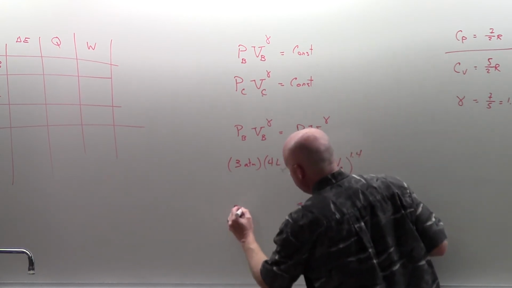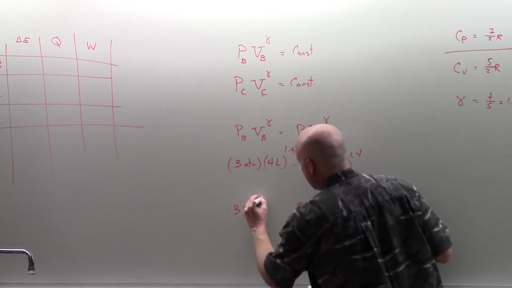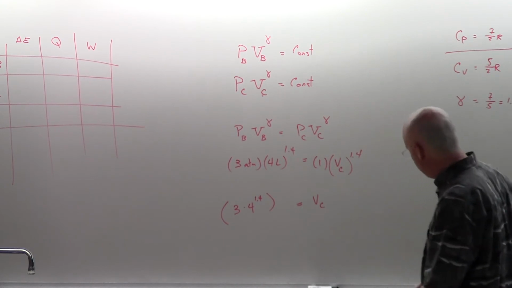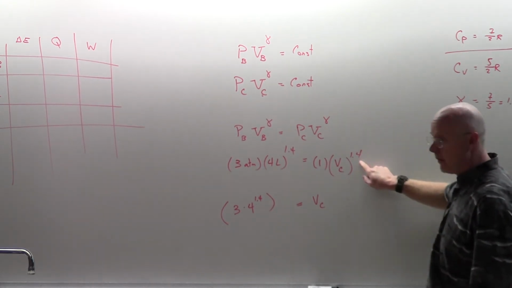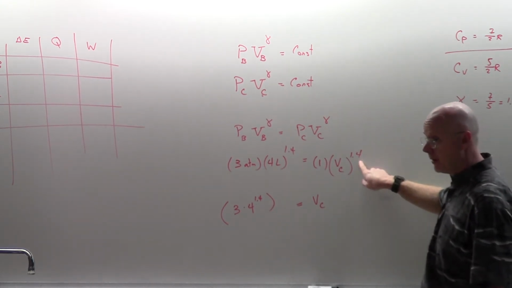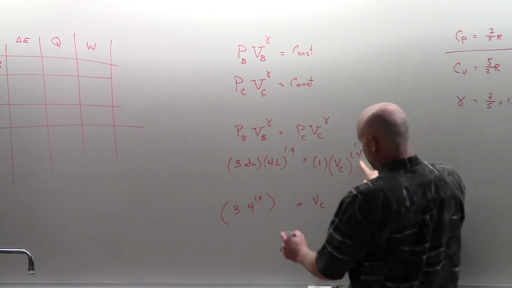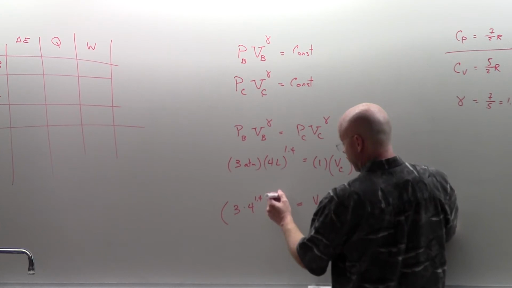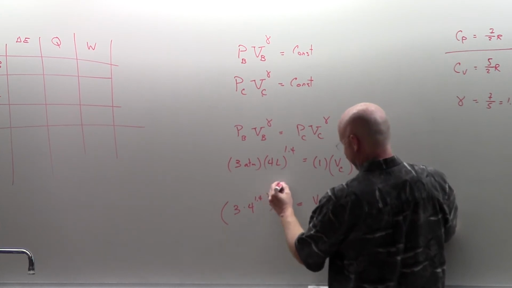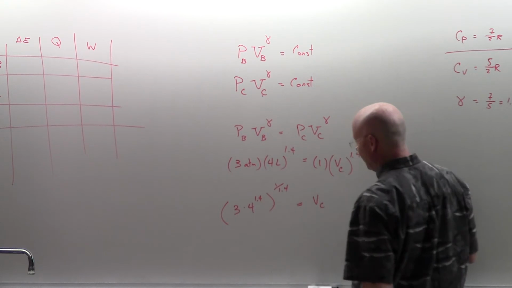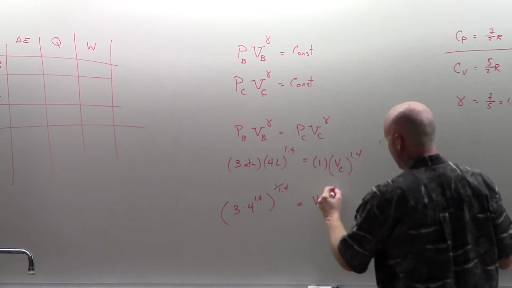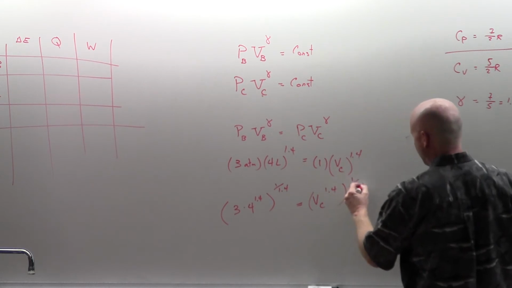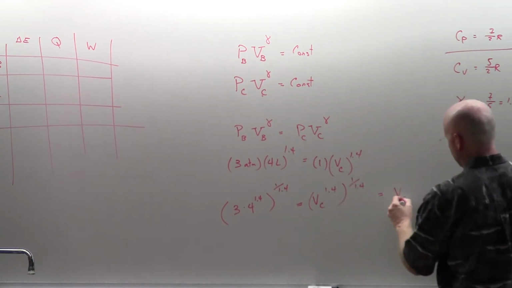I take the 3, I multiply it by the 4 raised to a factor of 1.4. Then, how do I get rid of this? Yeah, I raise it to 1 over 1.4, right? Because 1.4 raised to a power of 1 over 1.4 leaves volume to a power of